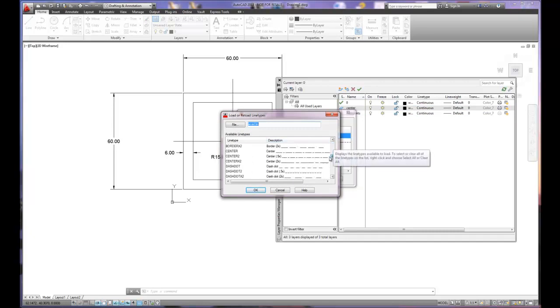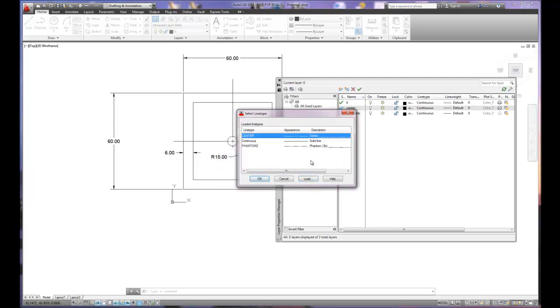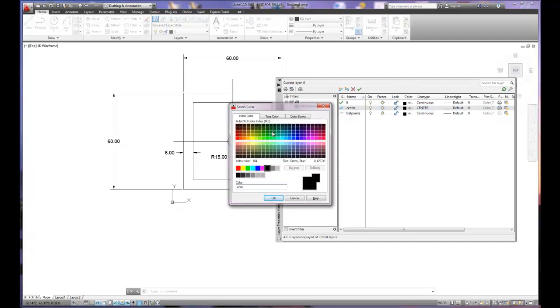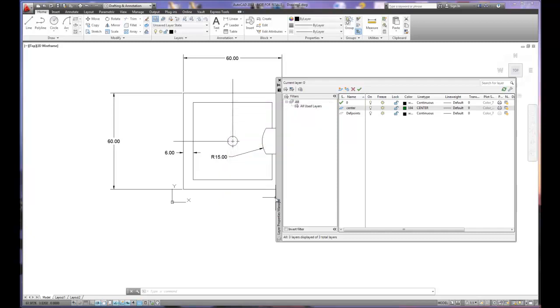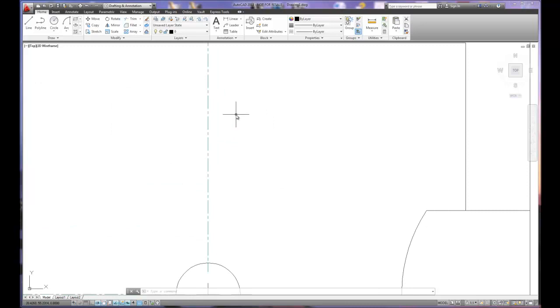So, like we've shown you in other videos, we're changing the line type. I'm going to go ahead and load the line type. Change the color so it shows up easily. And I'll grip both of these lines. Change it to the center layer. Okay. So that still didn't look very good there, right? Well,